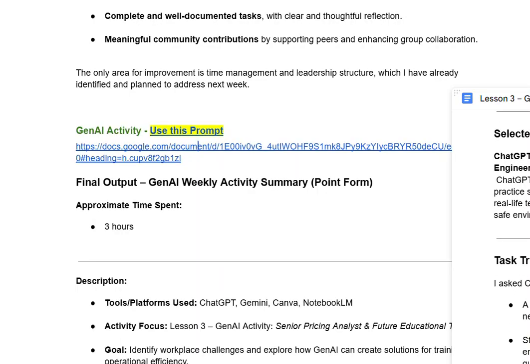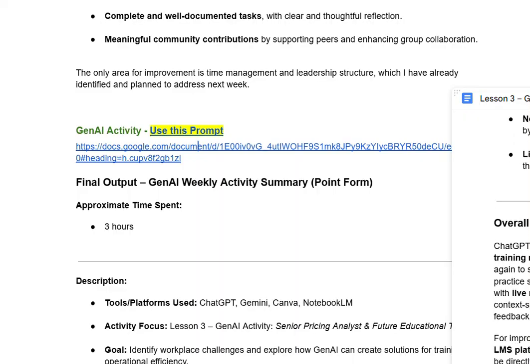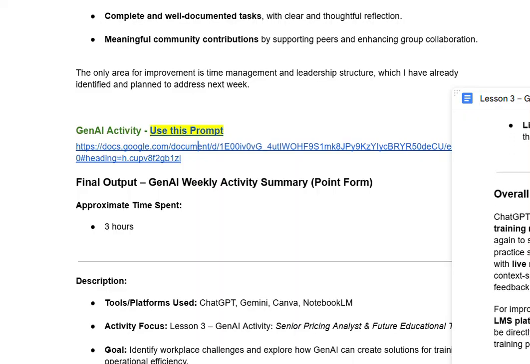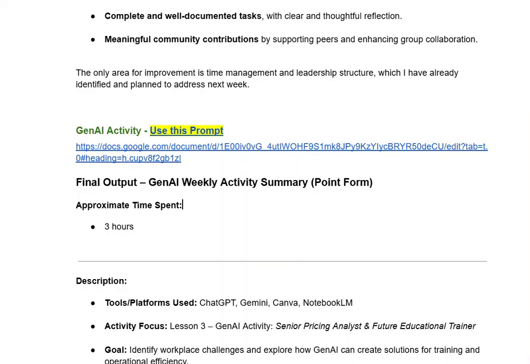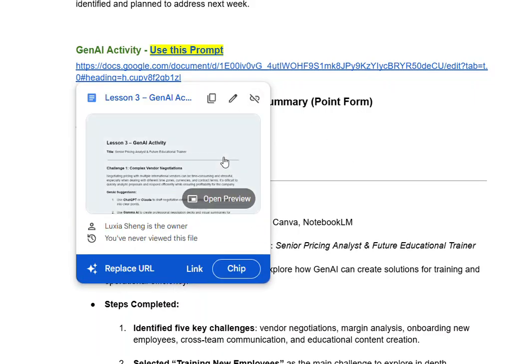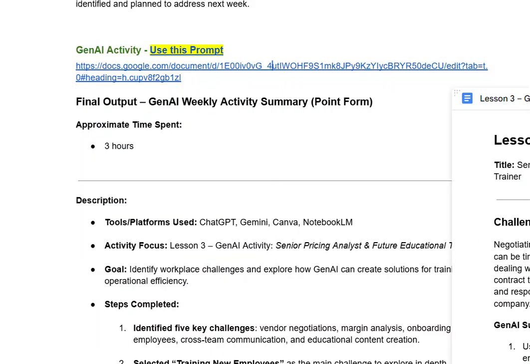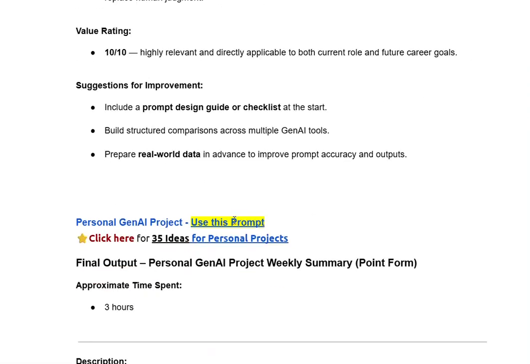Training employees, task trend, practice case scenario, step by step, prompt, generic outputs. Is creating foundational training, which definitely is okay. I'm glad it's really helpful for you. That's great. And so that's the activity. Yes, okay. You produced that. This is a very nice summary of what you learned.